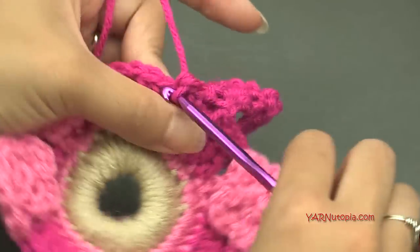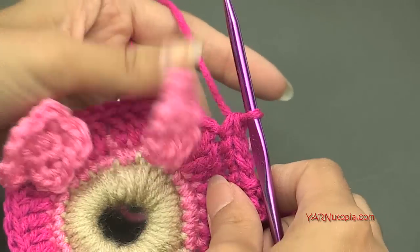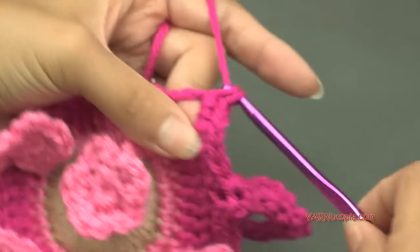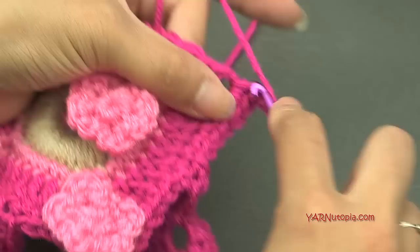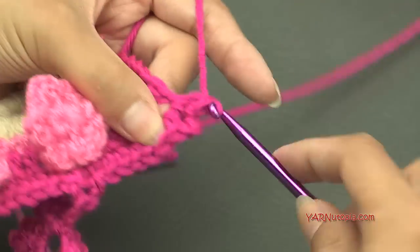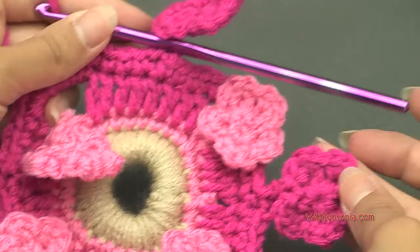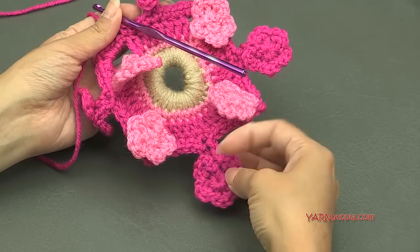1, 2, 3, and 4. And now we're in the next corner, so you know what to do. Put 3 single crochet, chain 2, and 3 single crochet. And then just finish off your last 2 sides, and I'll meet you up and we'll go on to round 5. Alright, I just did my last 2 sides here, and